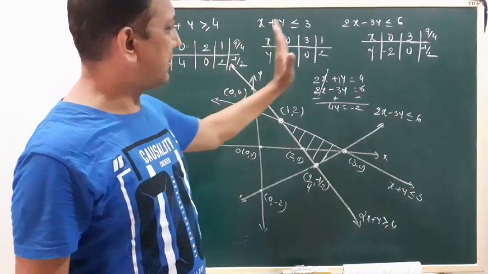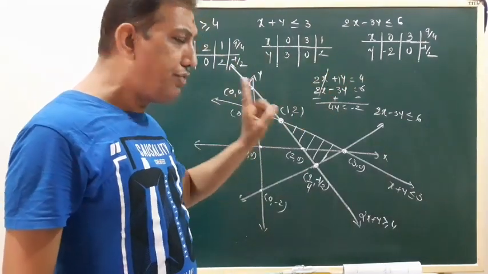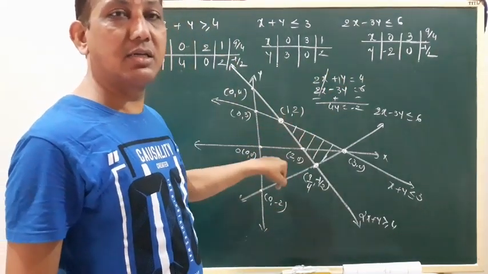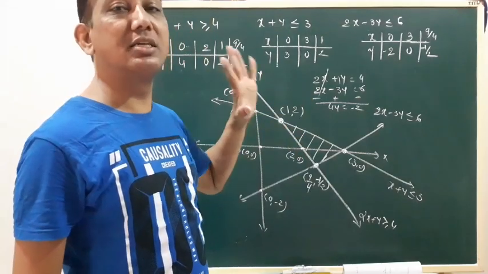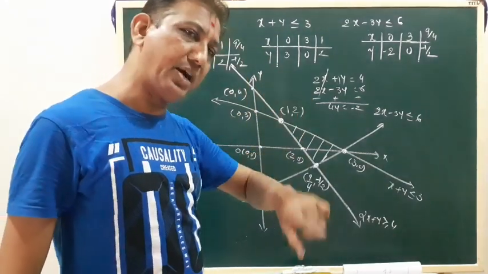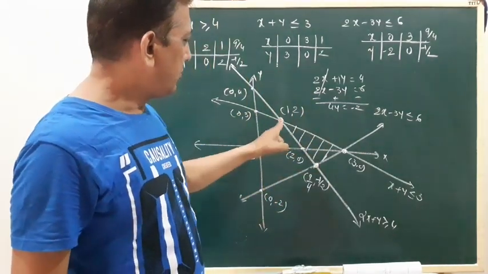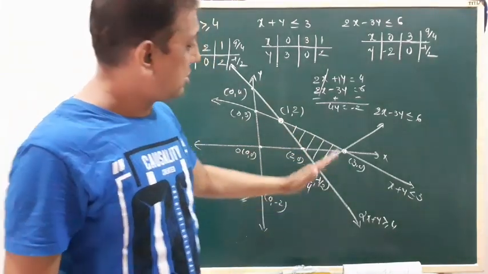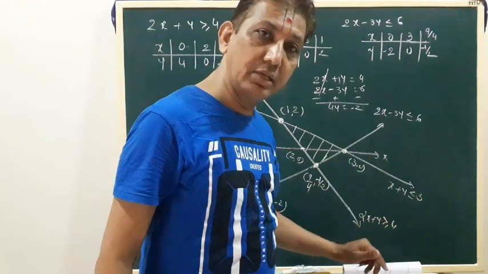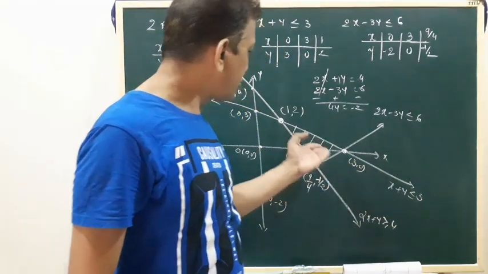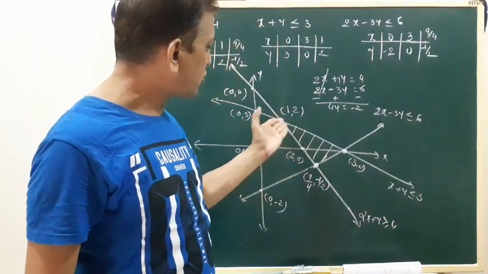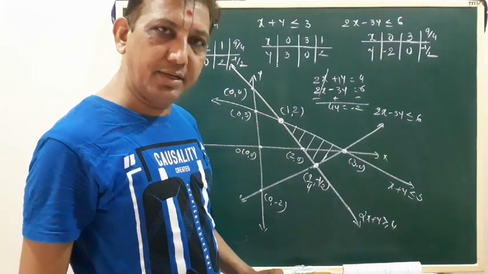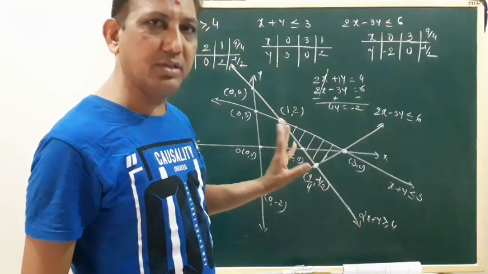First we prepare the table and check which lines intersect and which area is included. Then we find the elimination method. Here first we decide this one. Suppose this portion is given, the upper area is this one. So why should we solve these two equations? Right? Okay, so this is important.